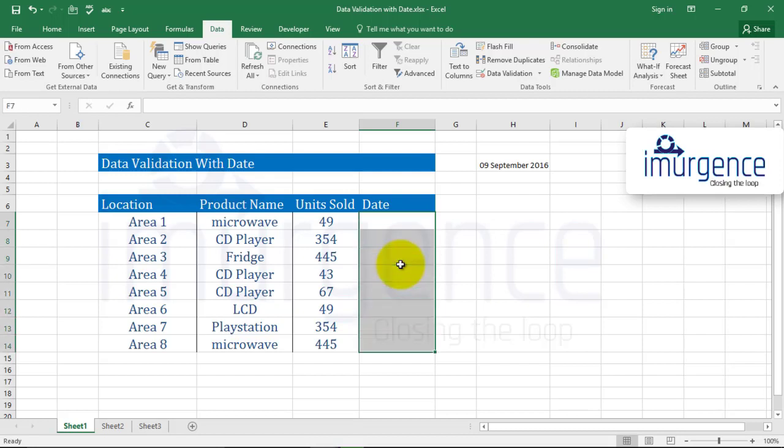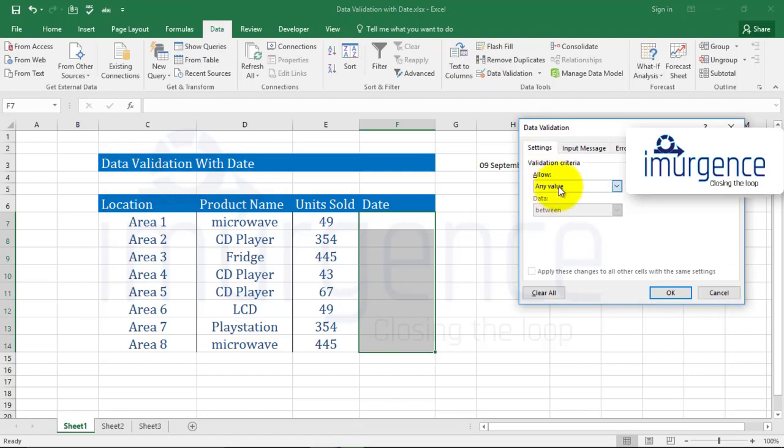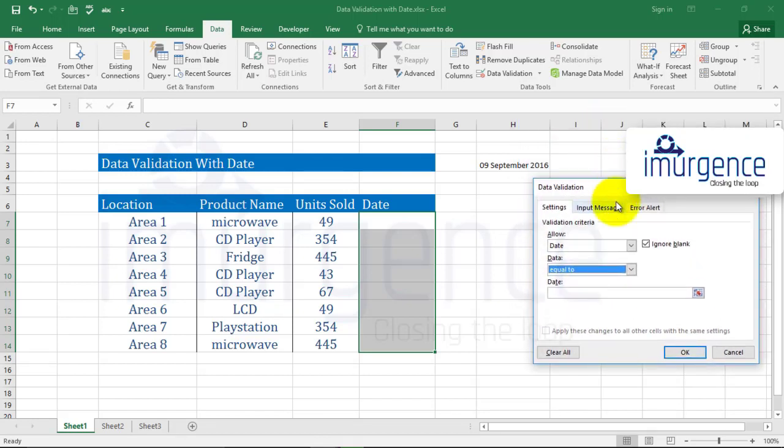So we will select this area and go to the data tab and click on data validation and choose date. It gives you multiple options starting from in between, not between, equal to, not equal to, greater than, less than, greater than or equal to, or less than or equal to. So let's say equal to, all right. And you can either type that date in or select a cell